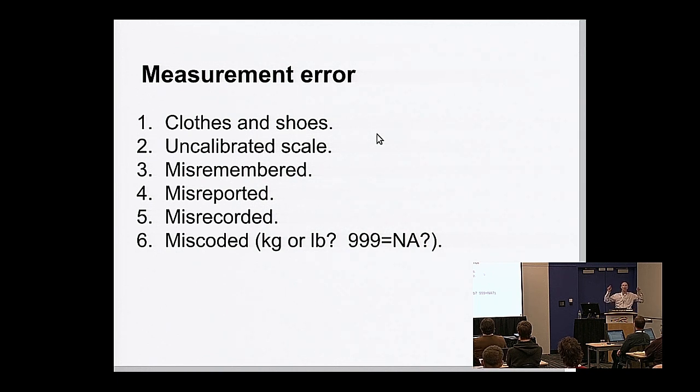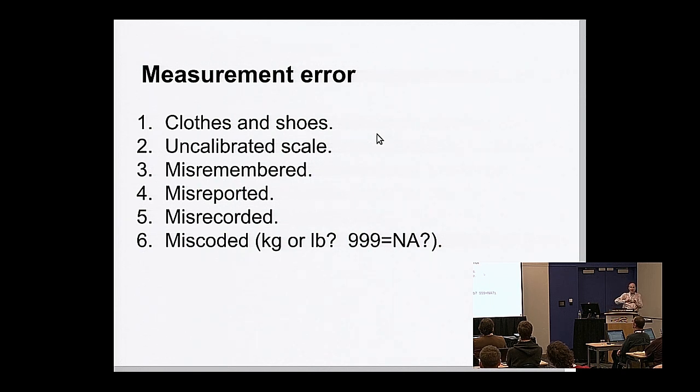So even if your sample is perfectly representative, there are reasons that your measurement might not be right. Measurement error can be literally an instrument, like a ruler, where you round off. But there are other things that would also be categorized as measurement error. First of all, when you ask someone what they weigh, do you mean with or without clothes? Their scale has not been calibrated, they might misremember or misreport, or you might write it down wrong.